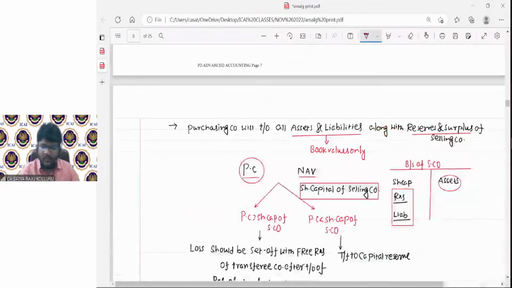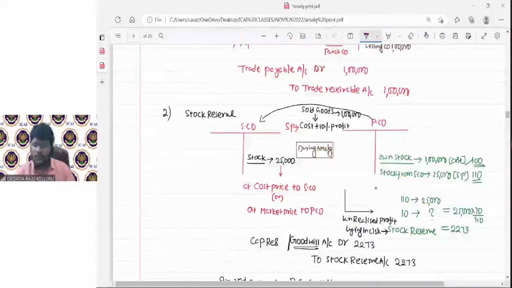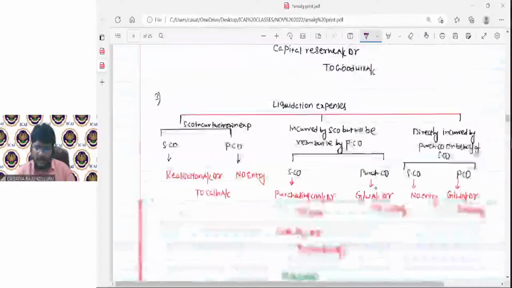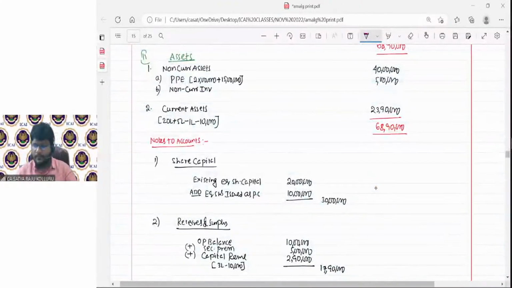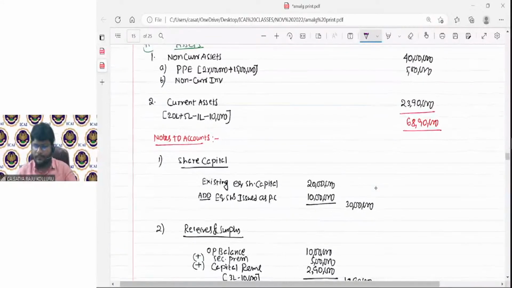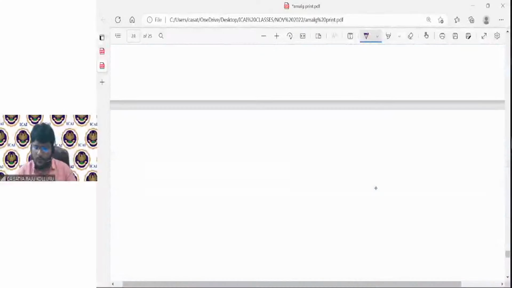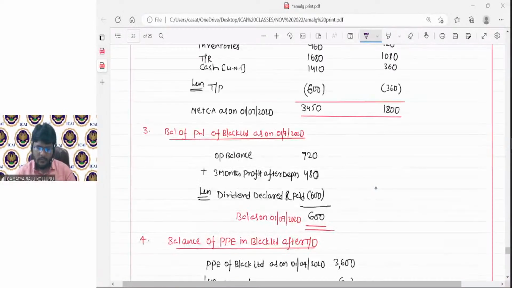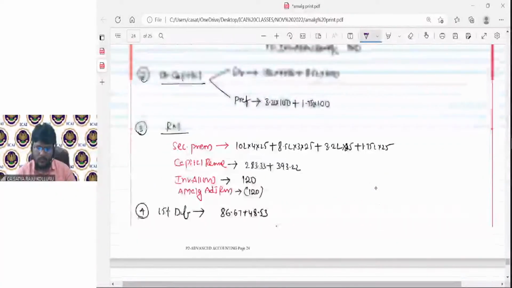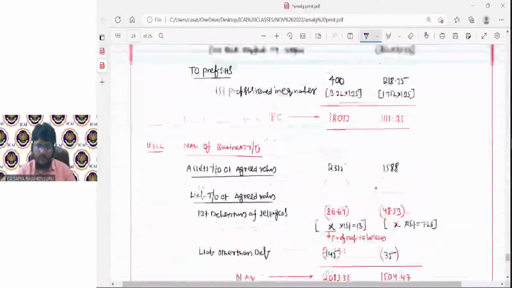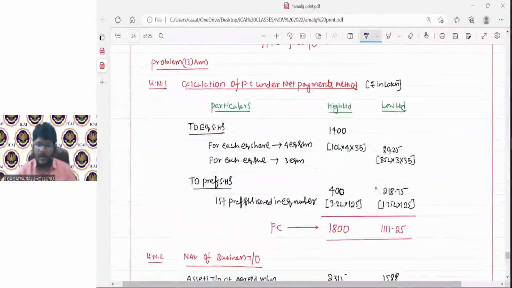Let me explain this problem with my PDF. I don't want to waste much time on the calculation part. I know the problem number. What is the problem number, guys? 13, right? So you can go to the last problem. Here it is. Come down, all of you. Problem number 13: calculation of PC